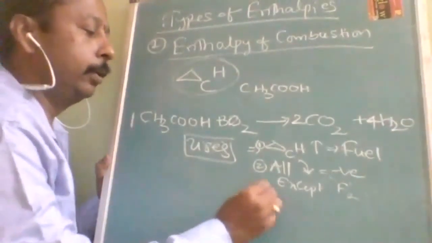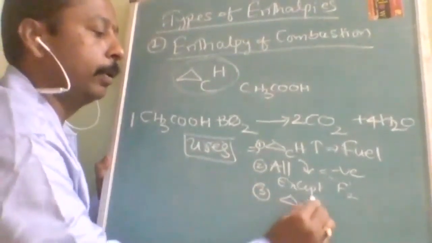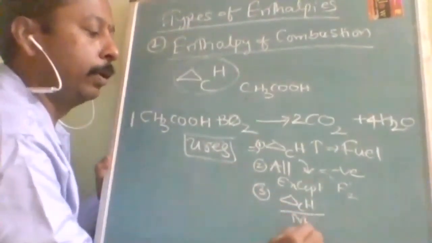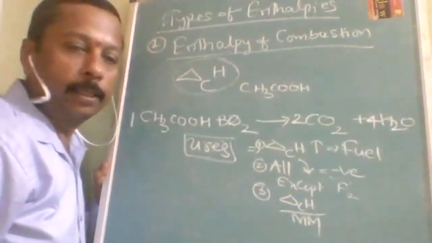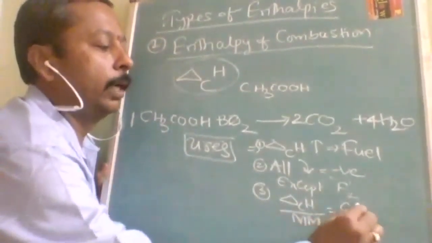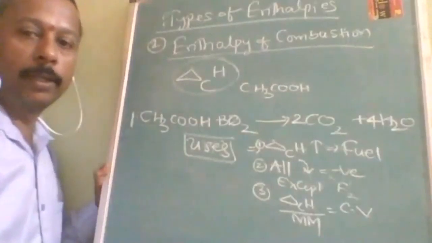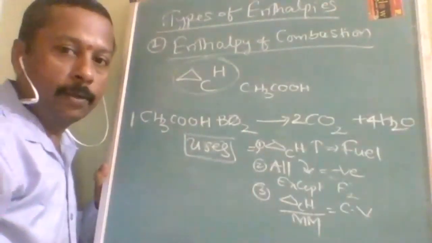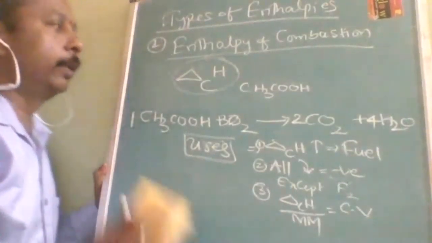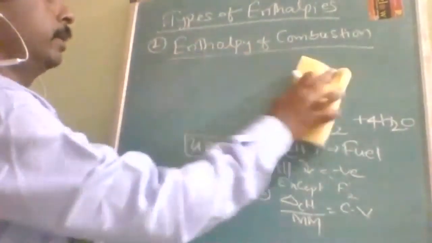Okay. Third use is when enthalpy of combustion is divided by molecular mass, then you are going to get calorific value. What you are going to get? You are going to get calorific value. Is it understood? Second topic, enthalpy of combustion. Okay. Next is